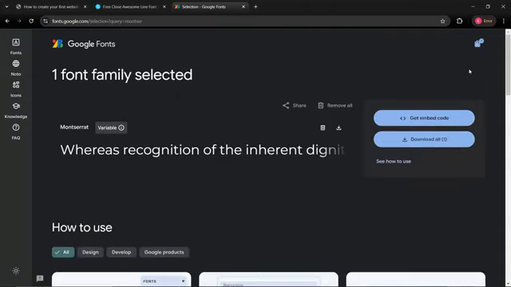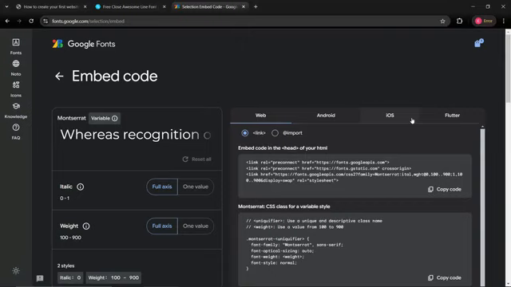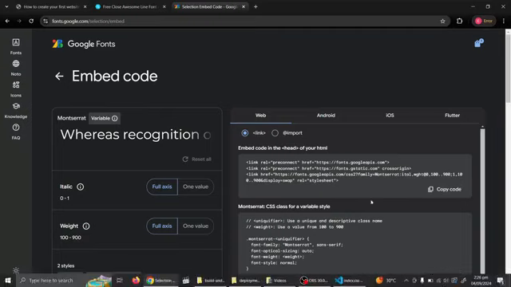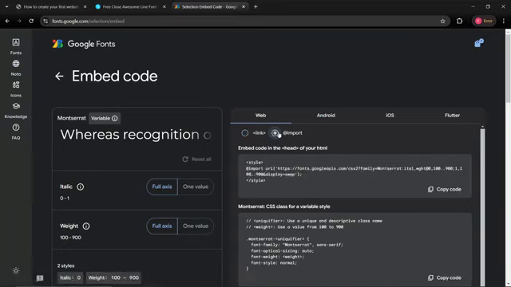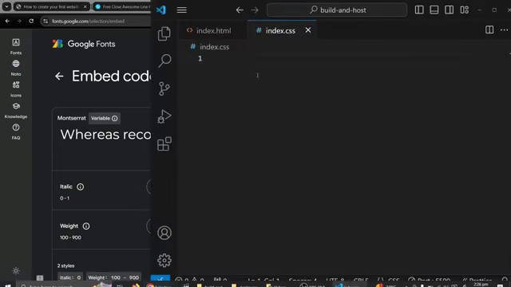and get this font. Okay, so there are two ways to add our font to our project. The first way is to copy the HTML links and then paste it in your HTML head, and the other way is to use the CSS link. Okay, you import the CSS link right here, and I think the best way for this project in particular is to use the CSS import link. Okay, so you can go ahead and copy this link inside of the style and then paste it inside your